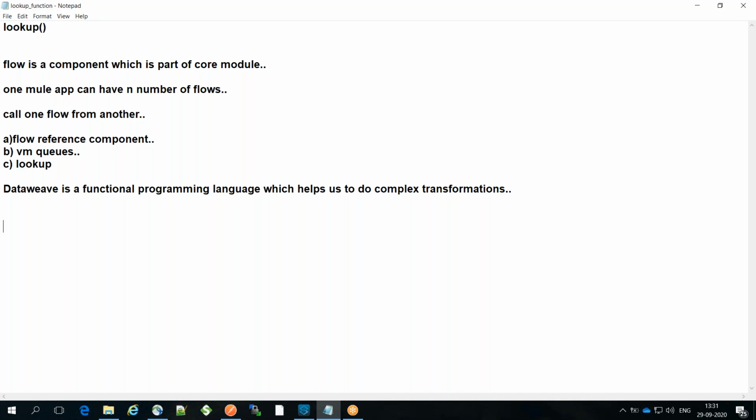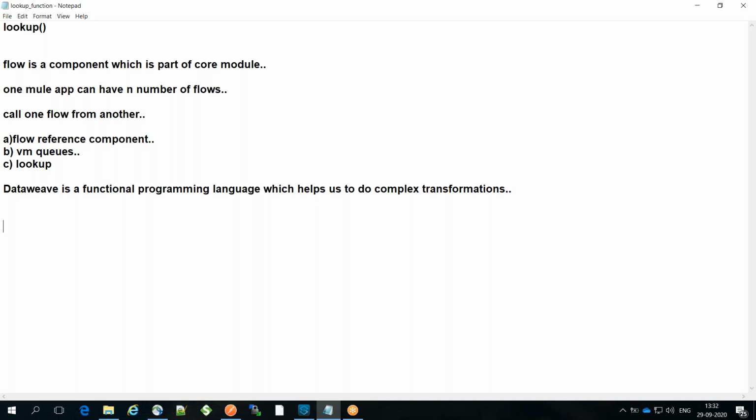Whatever functions we talk about, these functions are part of different modules. There is a core module, a string module, an object module, an array module. Each module has the corresponding functions, so you can think of it like a library. In each library there are different sets of functions, and the library is categorized on different bases.